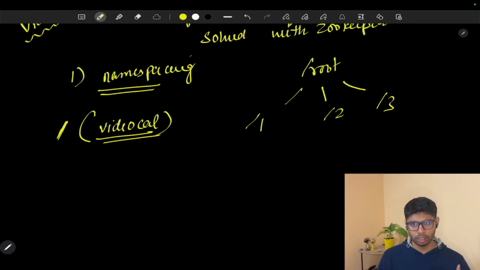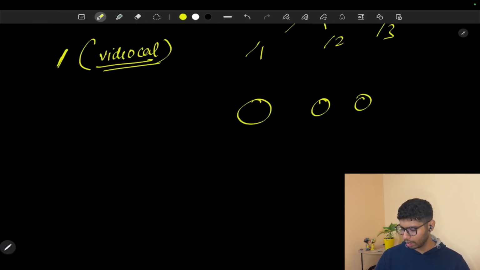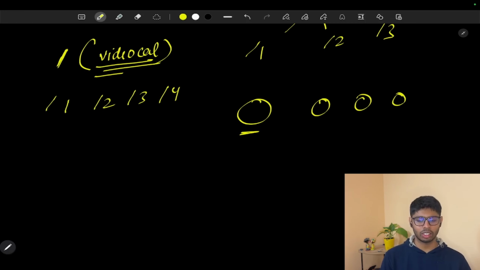And whenever servers are added to this particular video call node, it is going to be like one server, two server, and three server. And if one more server is added, something like this, these servers are going to be added into this slash video call folder, that is slash one, slash two, slash three, and slash four. The names of these servers are going to be video call slash one, video call slash two, video call slash three, video call slash four. Suppose there are servers running for the camera. Their names should be like camera slash one, camera slash two, camera slash three, and camera slash four.